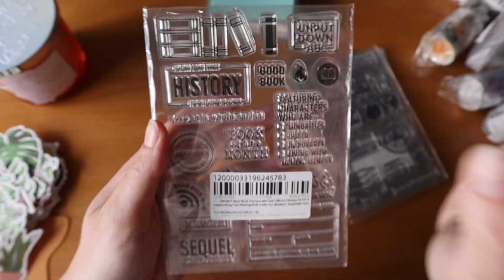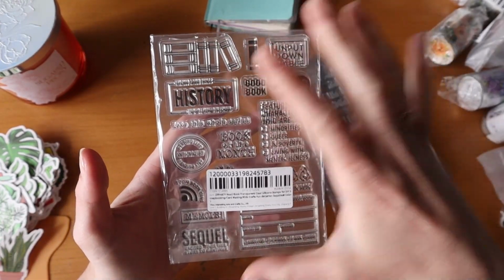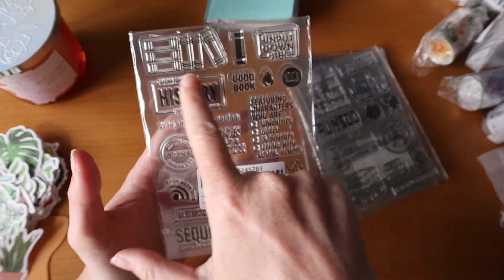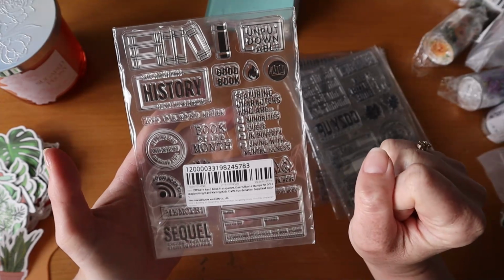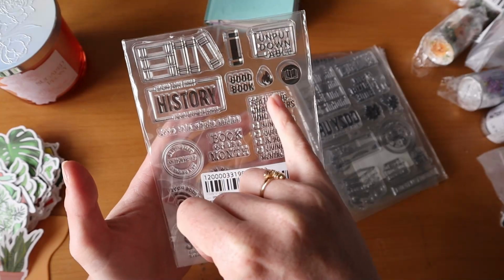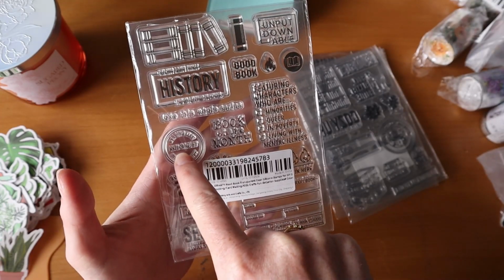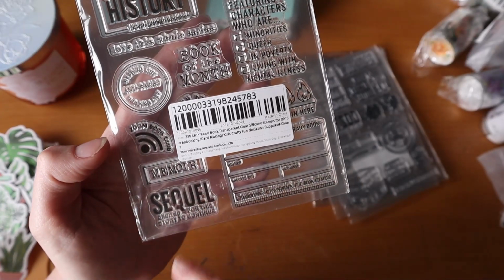So this one I wasn't quite sure about because it doesn't quite work for me, but I thought I'm going to get the others, and I really like this stamp down here. So I got this one. This has got books again, another little coloured in book, unputdownable, it's just another phrase I would use. This says reading things about history I never learned in school, good book, fire, a little book symbol, love this whole series, book of the month, reading anti-racist list, Zoom book club, memoir sequel, and then